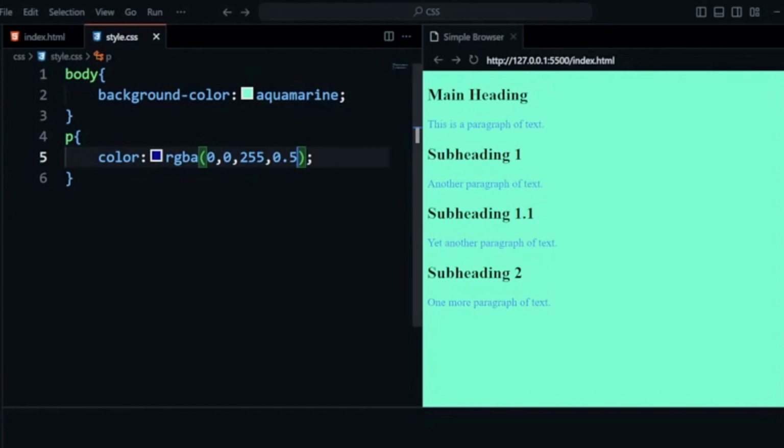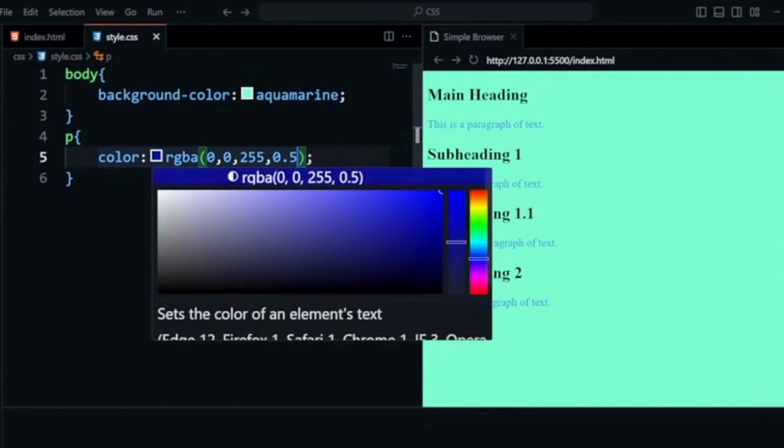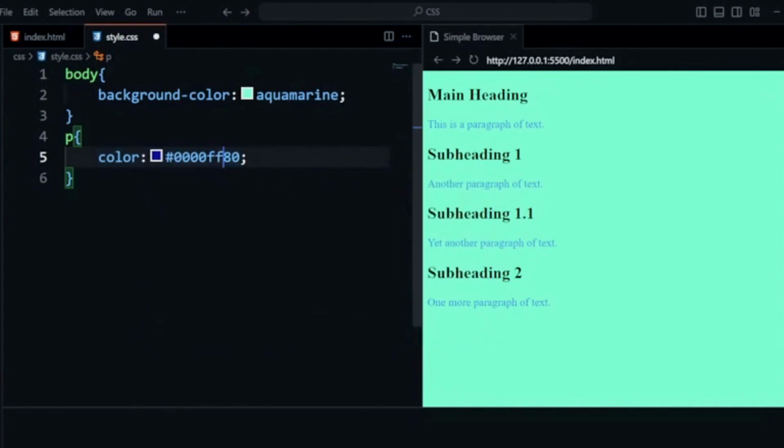There is also a way of setting your color, which is when I hover on the color icon, you can see at the top, if I click, it will change. It is the hexa code. So another way of setting your color is hexa code. For black color I have all values as 0, which means we have 6 zeros: 2 for red, 2 for green, and 2 for blue.